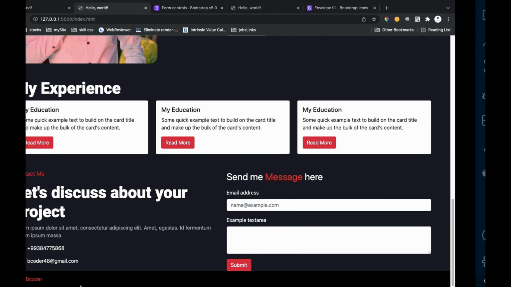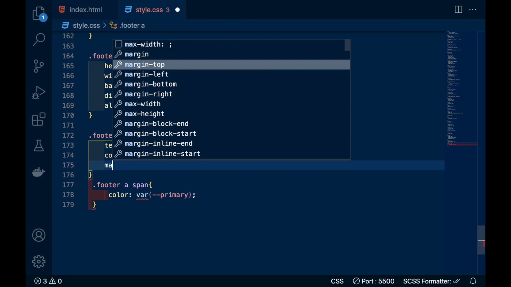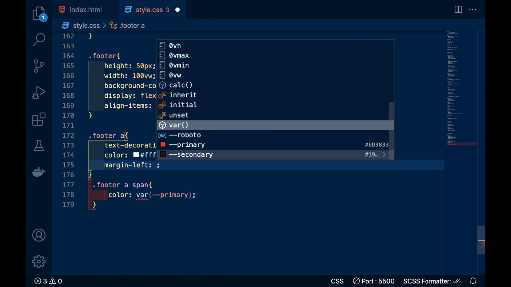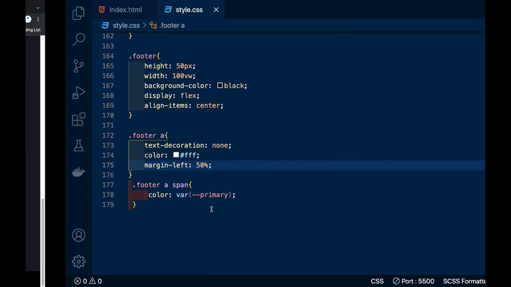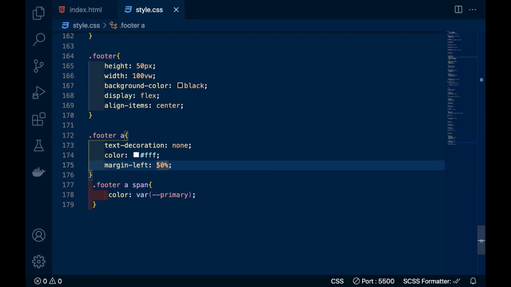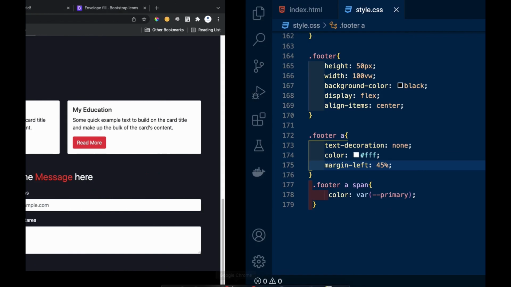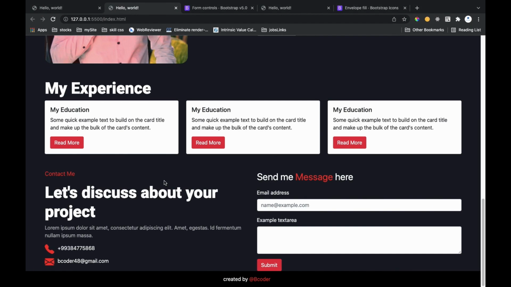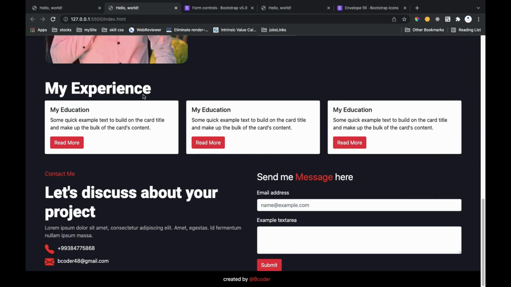Our footer is ready, and give it margin to bring it in center. Our website is ready in Bootstrap.